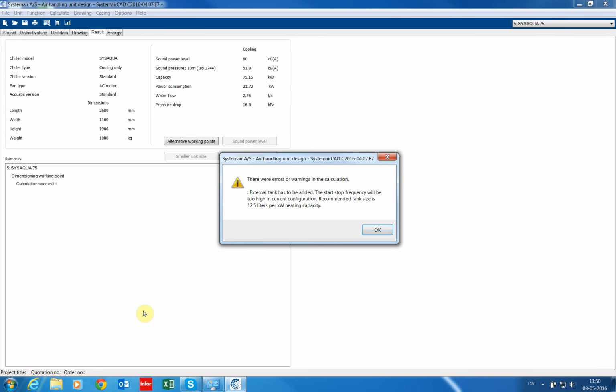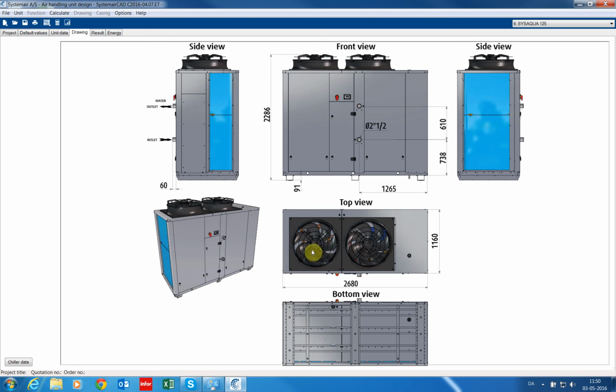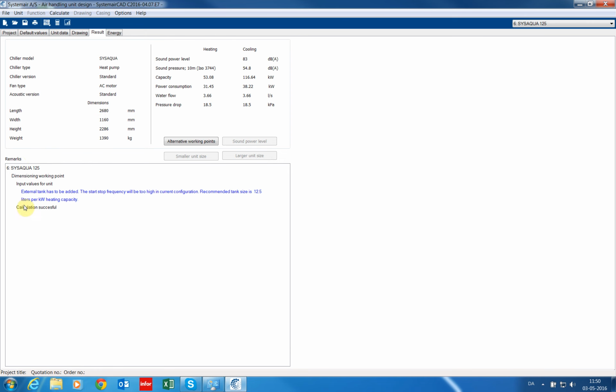Okay, now the system says that I need an external water tank because it's recommended that you have 12.5 liters of water in the system per kilowatt heating capacity. Okay, again the drawing, and if I go to Result, we can see that the calculation is successful.